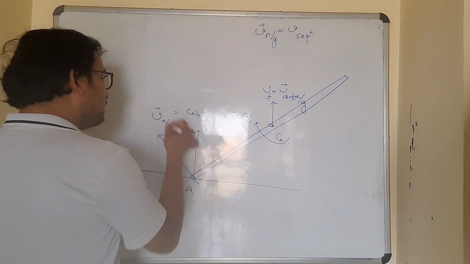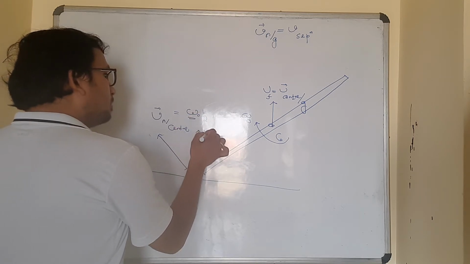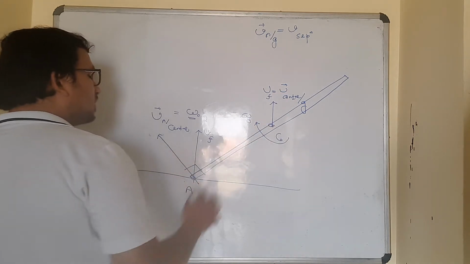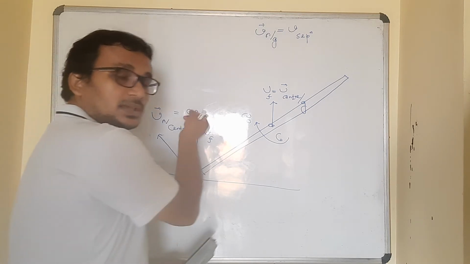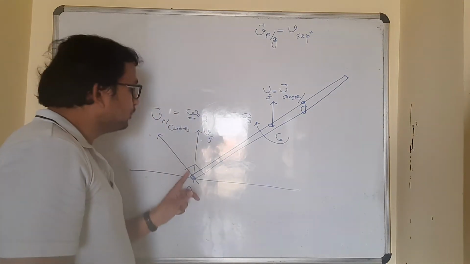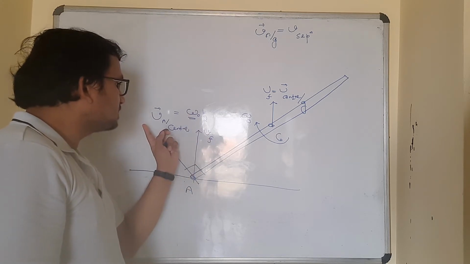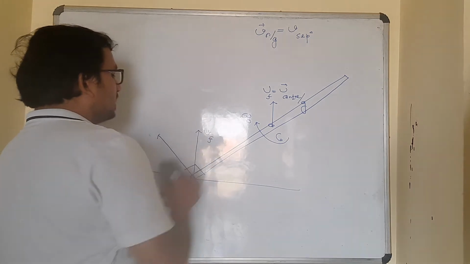That is omega L by 2, which is perpendicular to the rod, this part, plus Vf here. So this Vf I translate here, because I have to add these two vectors. I am showing them to be originating from the same point A. So at the same point A, both the vectors are originating. One is Vf, one is the velocity of A with respect to center, omega L by 2. Now simply writing this as omega L by 2.